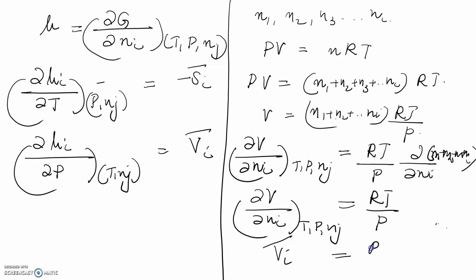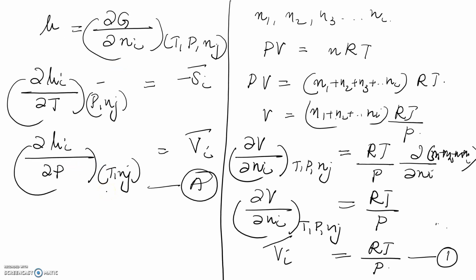V bar i is equal to RT by P. Let this be equation number 1. Compare equation 1 to this equation, which can be written as equation A. Equation A is for V bar i and equation 1 is also for V bar i. So comparing equations 1 and A, we can write